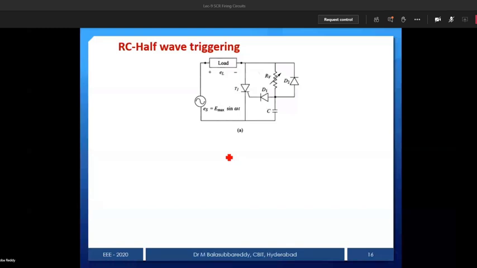See, the first step is that the capacitor has to be charged. How to charge the capacitor? At what instant will the capacitor charge? Based on our requirement, charge the capacitor initially. The lower plate is plus, the upper plate must be minus, such that I have to charge it that way. Then now tell me, at what instant will the capacitor charge with these polarities? Whether it is during the positive half cycle or during the negative half cycle. Anybody?